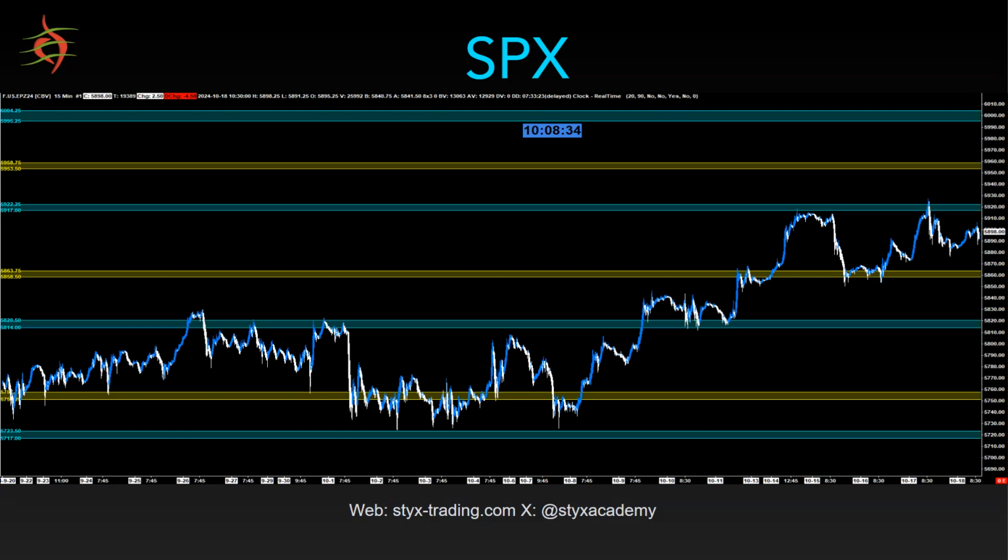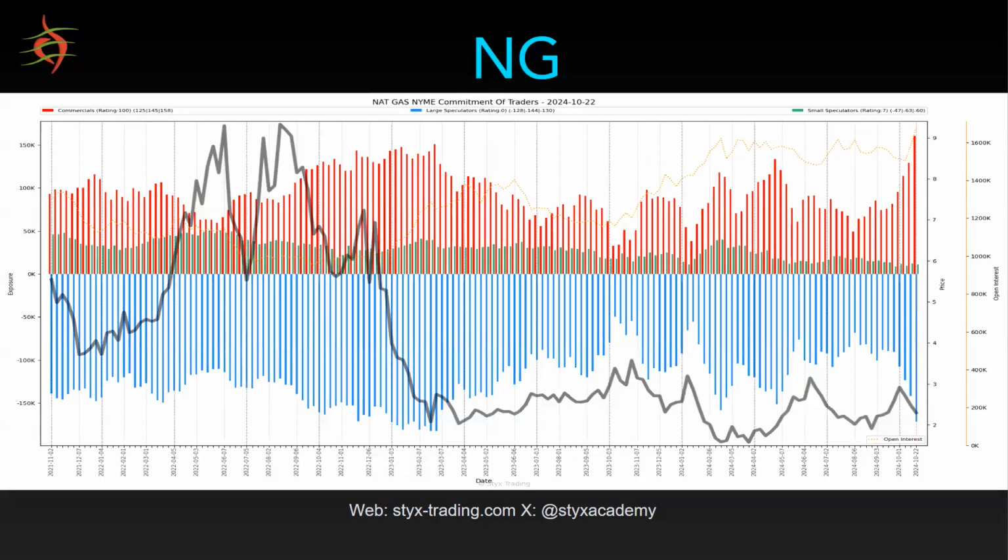The other instruments that are signaling some nice positioning are the Australian dollar, so the 6A, and wheat, so SRW, and natural gas. And so we're going to focus on natural gas here since it's beginning to give a signal that began on Wednesday. And we mentioned this in our room that a bottom, at least in the short term, was in, and we should be focusing on upside. Now that we have the data that commercials have reached a new 3-year max long position, we can begin watching for that upside to continue.